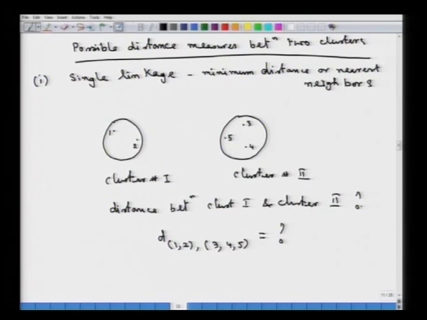Now, we see that case number 2 from cluster number 1 and case number 5 from cluster number 2 are the nearest ones. So, if we are adopting a single linkage approach,